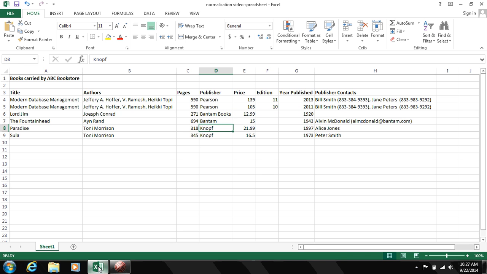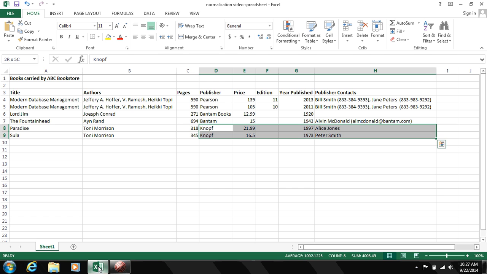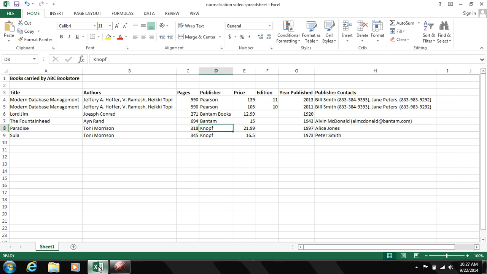And then you'll notice here, for this publisher, whoever entered these two rows put different publisher contacts, even though it's the same publisher. So you can see some problems when you enter data in a spreadsheet that's not normalized, like inconsistency and missing data, redundancy, and so on. So let's go ahead and create a database diagram in Visio that would allow us to store this data in